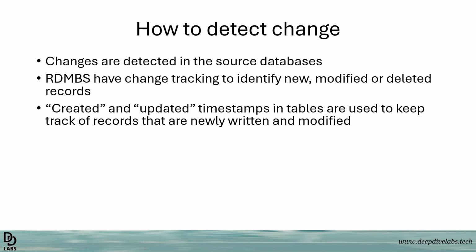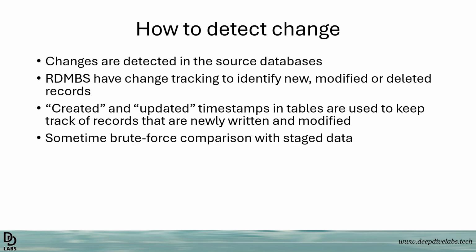This is typically used to keep track of records that are newly written or that got updated, so that at the end of the day, you only look for records that were created on that particular day or that got modified during that day. Another way to detect change is a brute force way of comparing the data from your original source system and your staged data, right? You compare, and for any delta, you can write scripts to find this difference